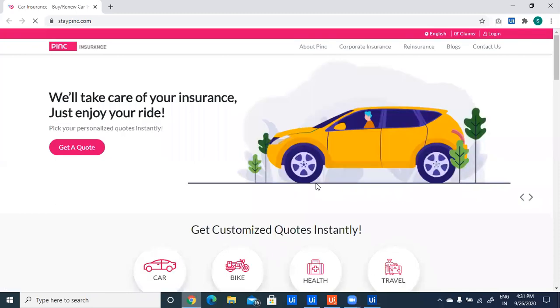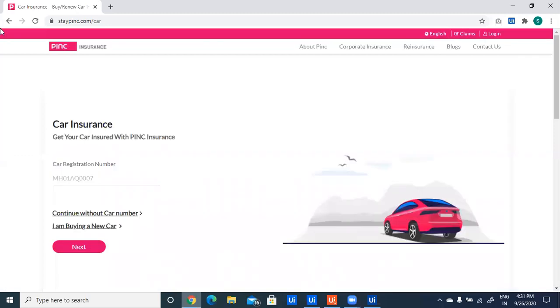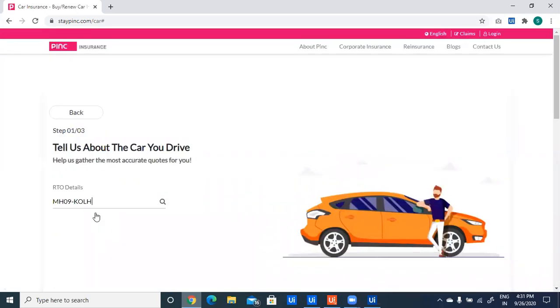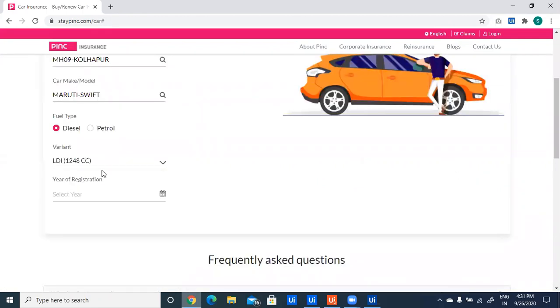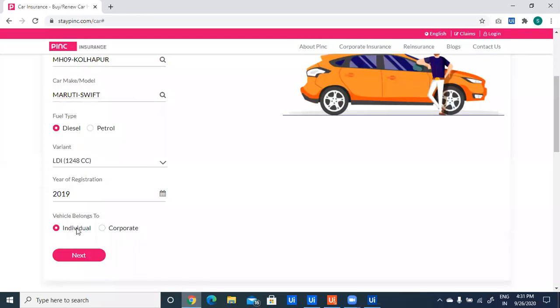After that, it will click on car. Now it will click on continue without car number, and enter RTO details and car make and model details. Enter fuel type, click on fuel type, and click on individual.